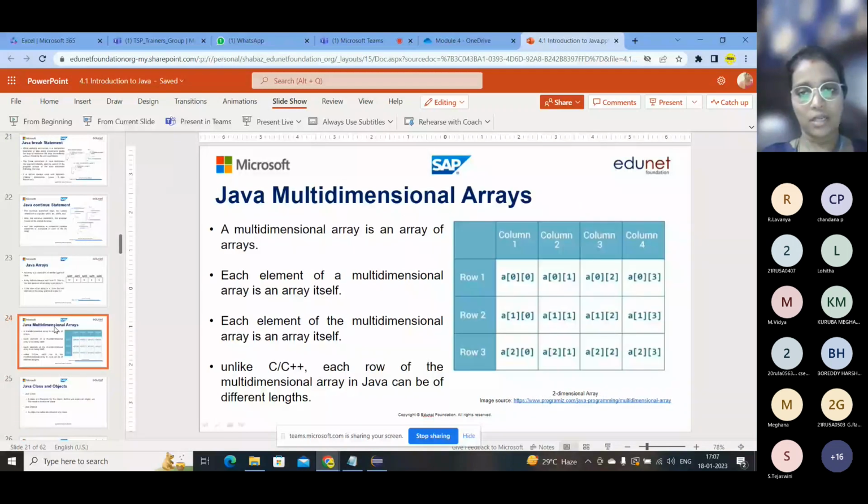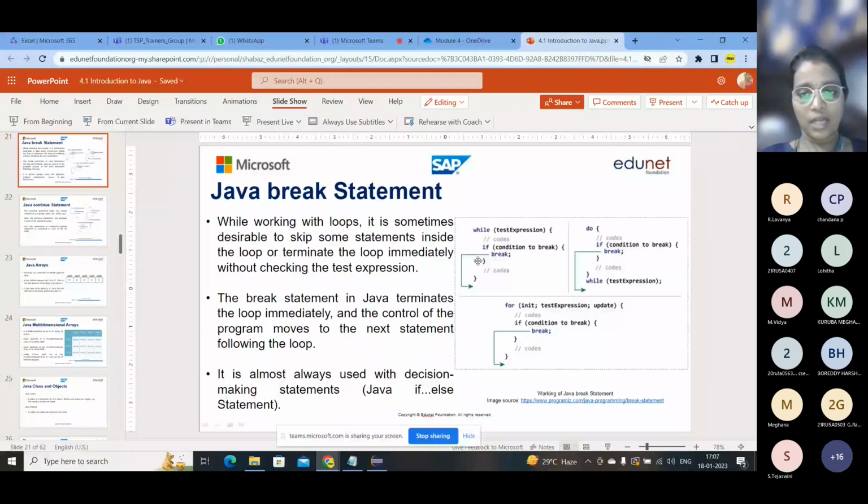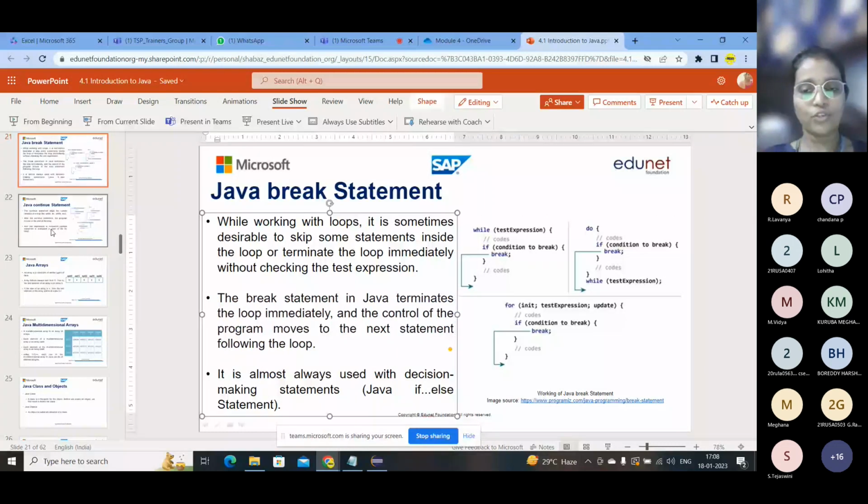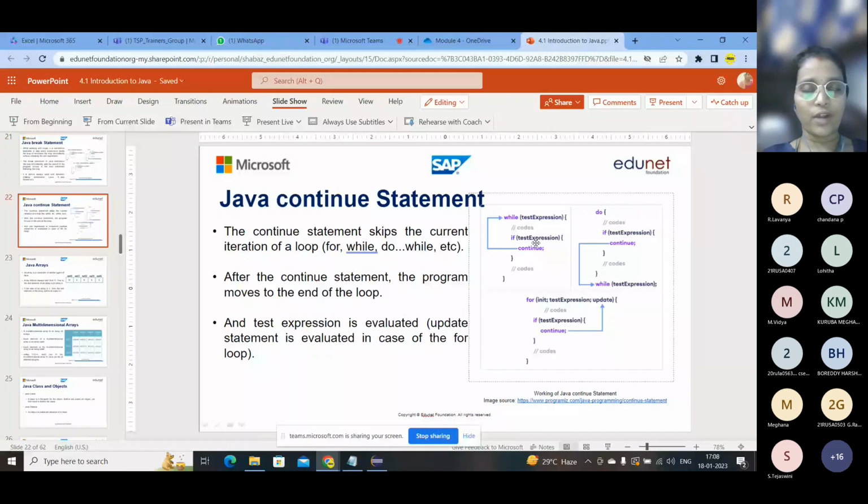Okay, what is the break statement? A break statement is nothing but, if I've given some while loop and there is some if condition, and I give a break, then it will stop at that point. It will not move on to the next thing. Okay, so this is called a break statement. Continue: if I want to print 10 values, and I just give continue for 5 alone, that 5 alone will get skipped, and the others will execute.